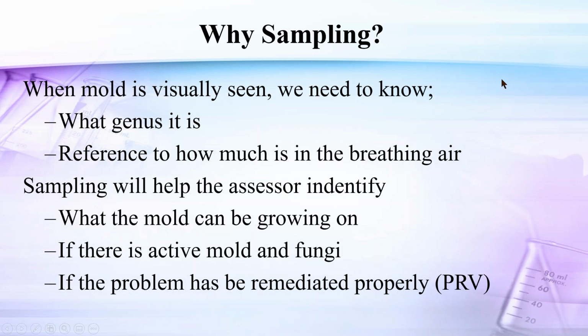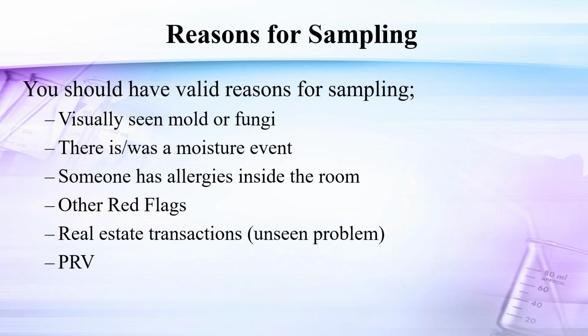When mold is visually seen, we need to know what genus it is, in reference to how much of it is in the breathing air. Sampling will help the assessor identify what the mold can be growing on. Is there active mold or just fungi? The problem has to be remediated properly. So these are things you have to be careful of if you're going to get into this business. I just would like for you to understand it. Or if you're already in this business,